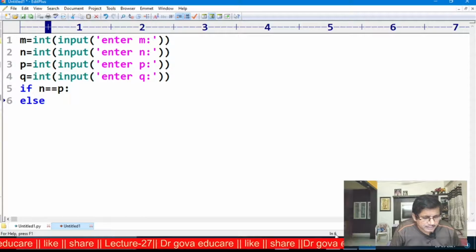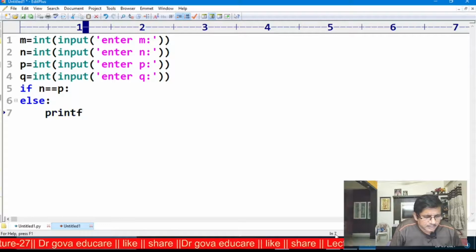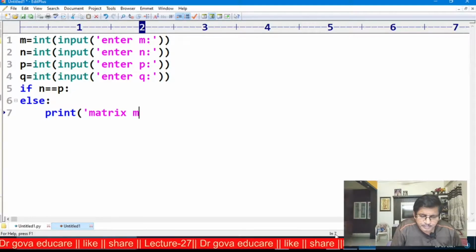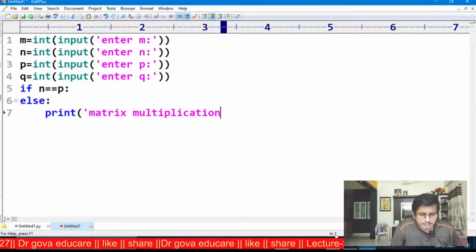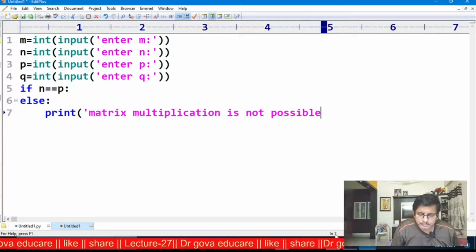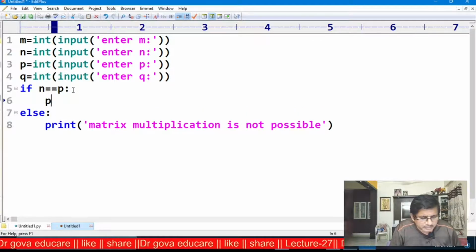Else print matrix multiplication is not possible. Here, if n is equal to p is false.